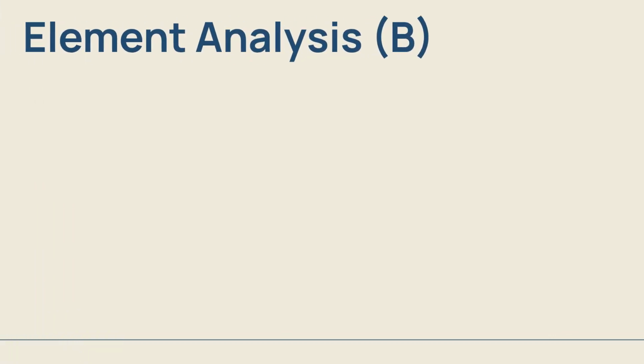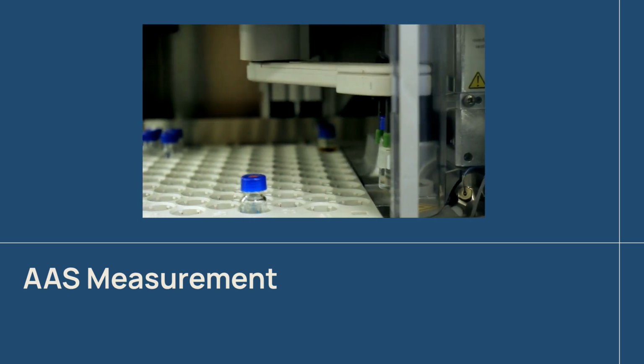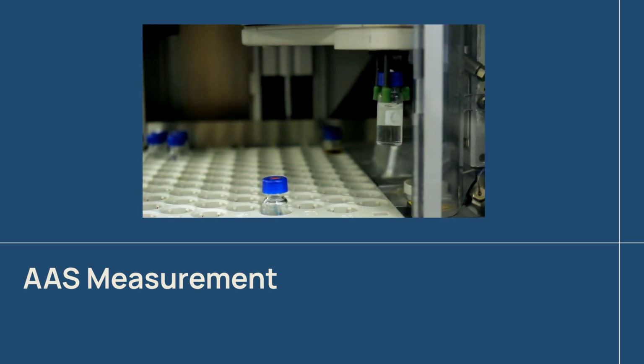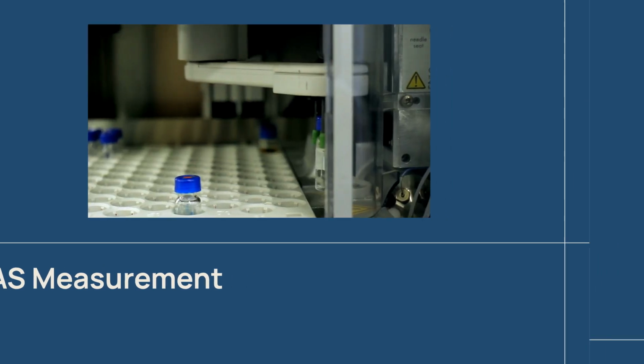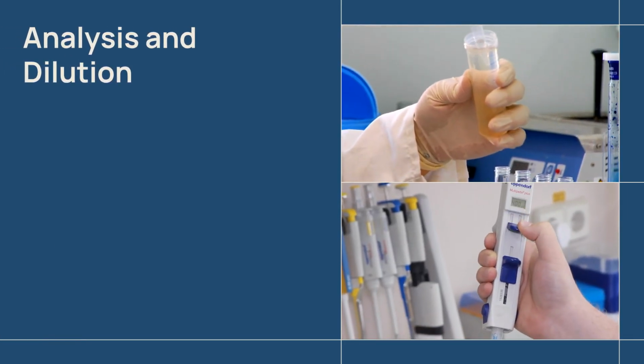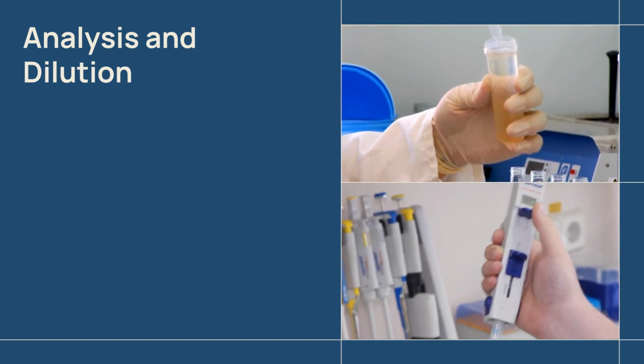Moving to Part B, the procedure for element analysis using the AAS. After calibrating the AAS, introduce the DTPA extracts into the instrument. Carefully record the resulting concentration reading, denoted as R, for the element being analyzed. Repeat this analysis process for every target element. If any element's concentration exceeds the calibrated standard range, you must perform an appropriate dilution and refeed the sample to